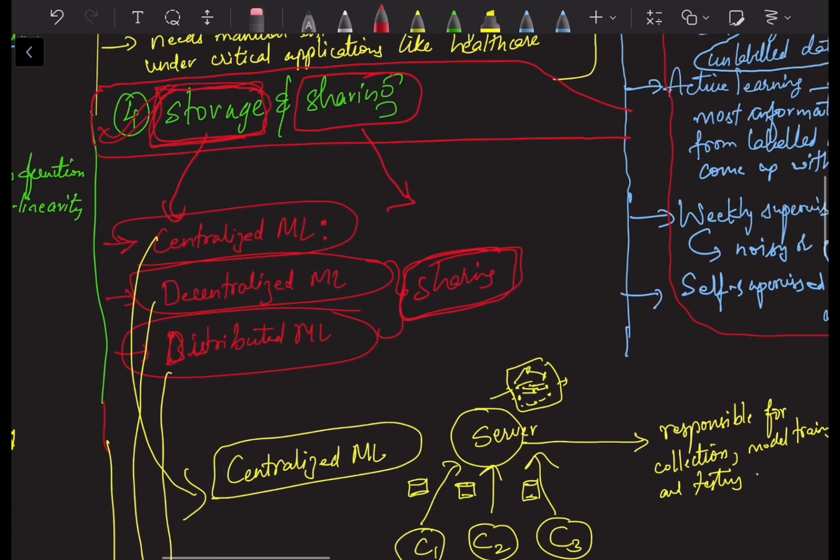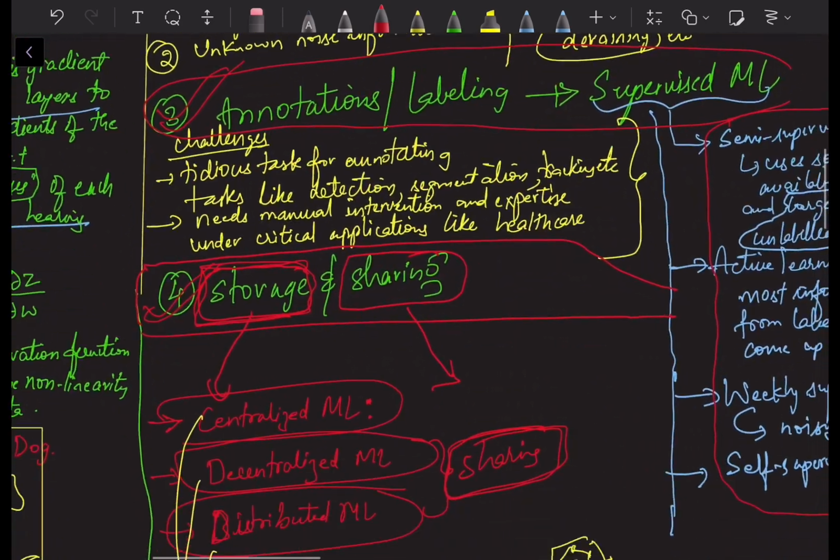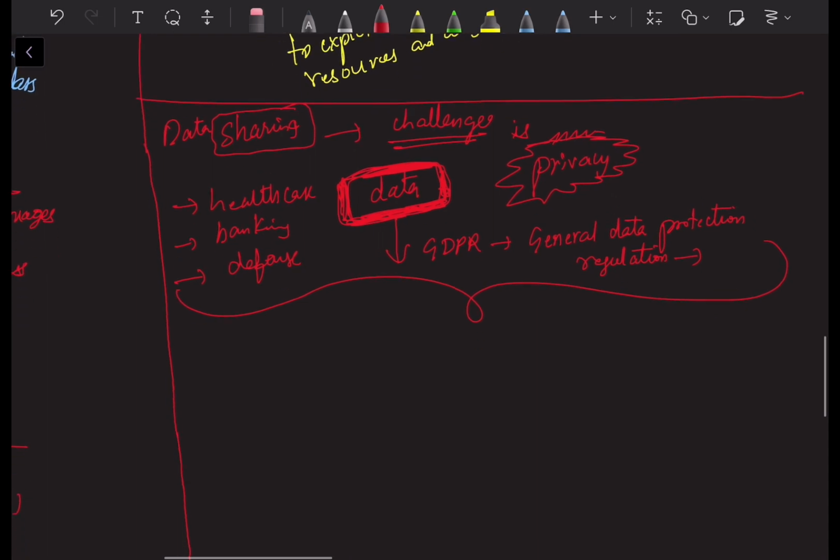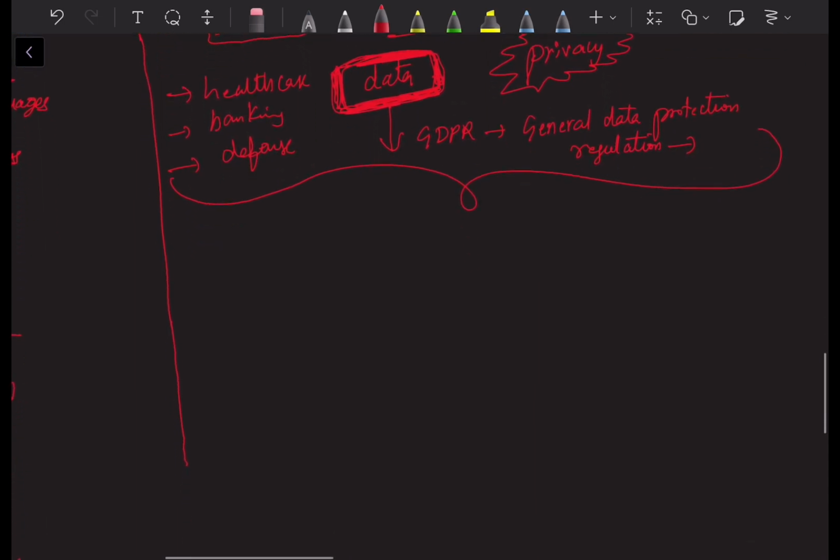So when the sharing comes, that is the bottleneck of all we have done. If there is no sharing and we are only keeping the data at one place, how can we train the models which are located at different places? So basically what I want to conclude here is, let's say,